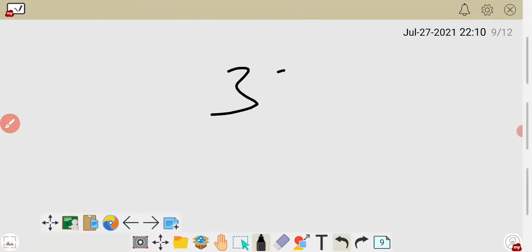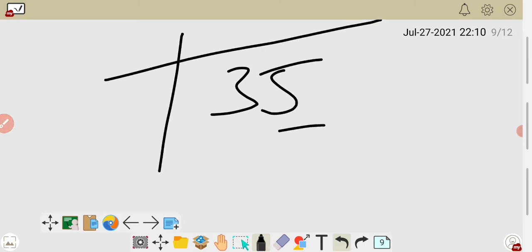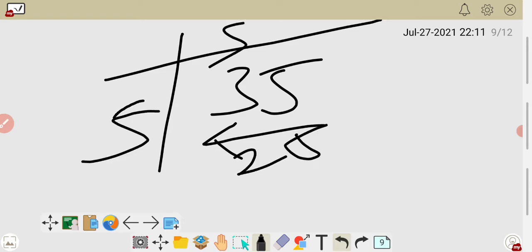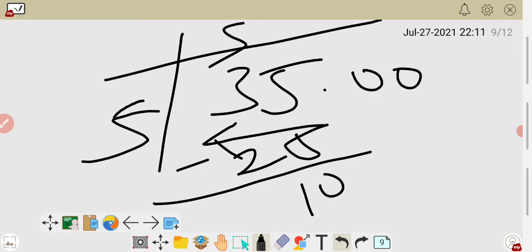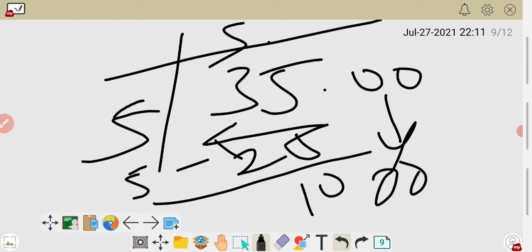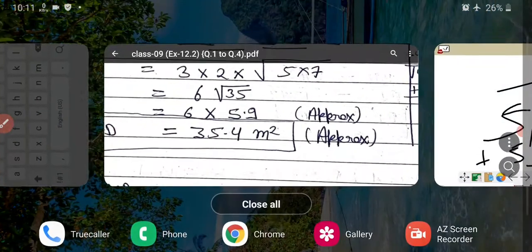Suppose you have to find out the root of 35. So first make a pair. Then write 3 threes are 9, 4 fours are 16, 5 fives are 25. Then minus it, it will become 10. Then put the decimal. Write one pair here and put the decimal here also and write 5 added. Like that you have to solve. It becomes 1000. Then again you have to solve.